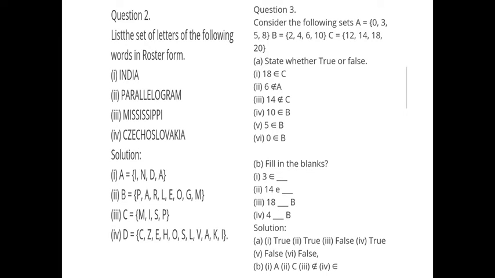The second one, parallelogram. See here also we can represent a set by any letters, but always use the capital letters to represent the set name. B equal to, start from the starting letter, first open the curly brace. The first element is P, A, R. Once again A gets repeated, but don't write it. Next L, E, O, G, R also already we have written, A also already we have written, so M. So these are the elements of that particular set B.